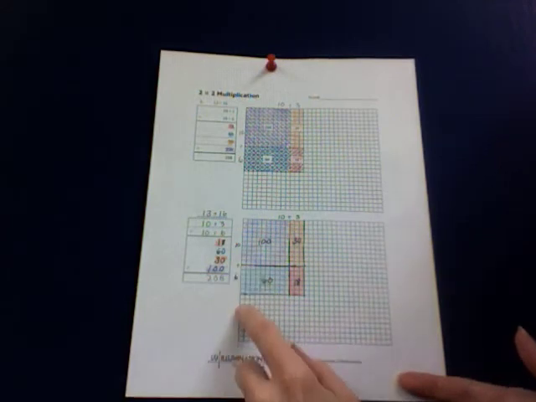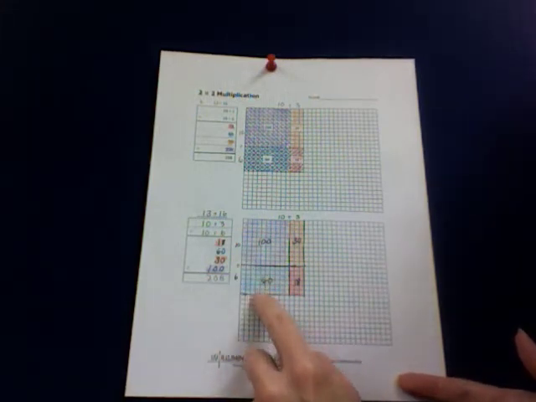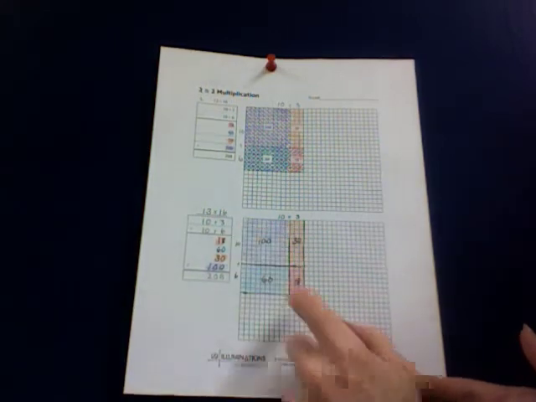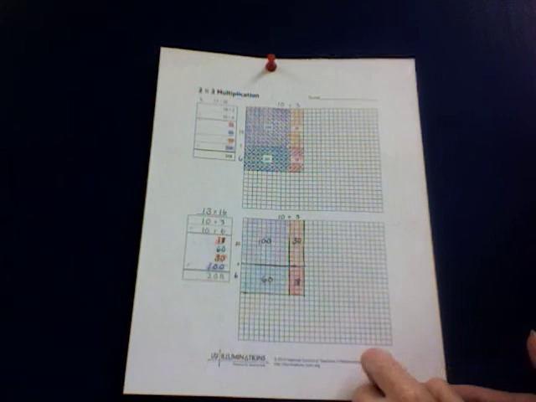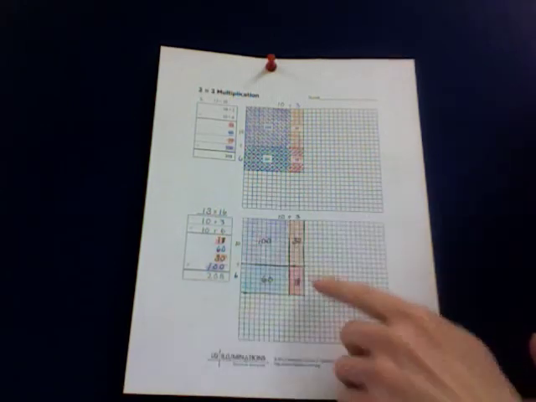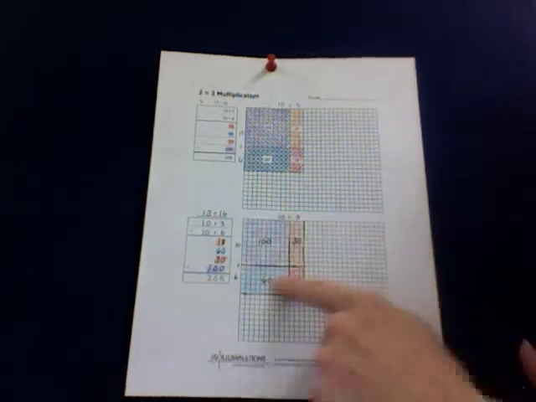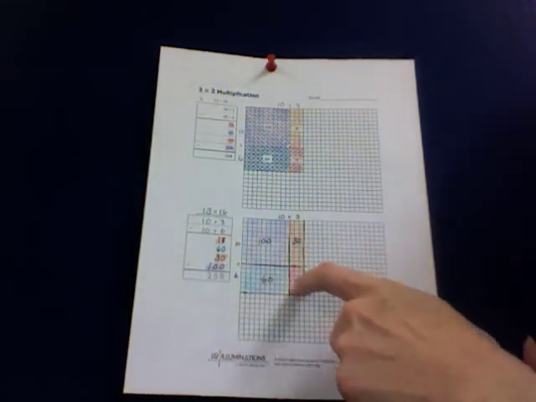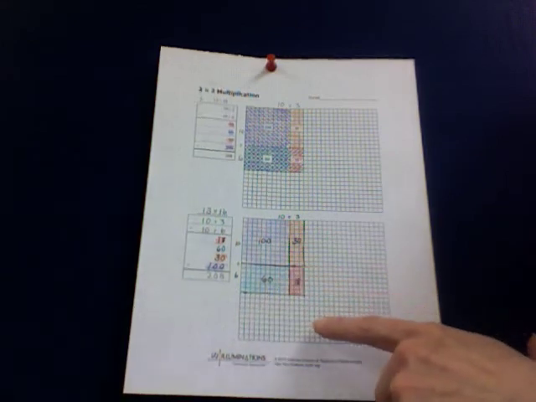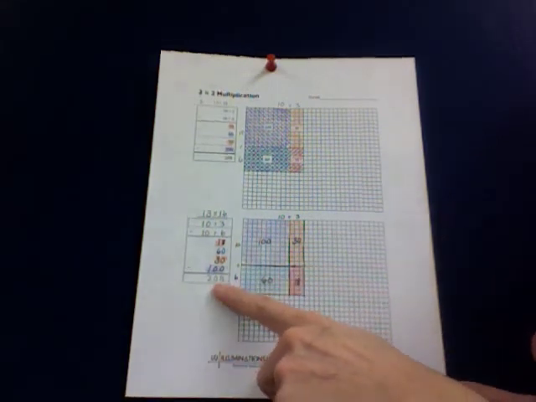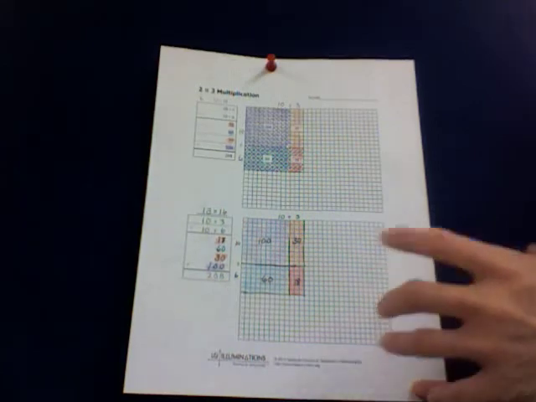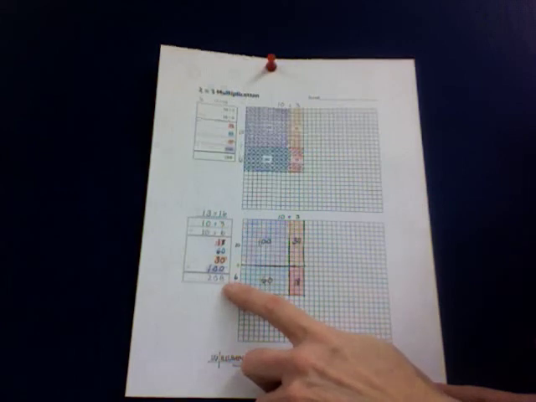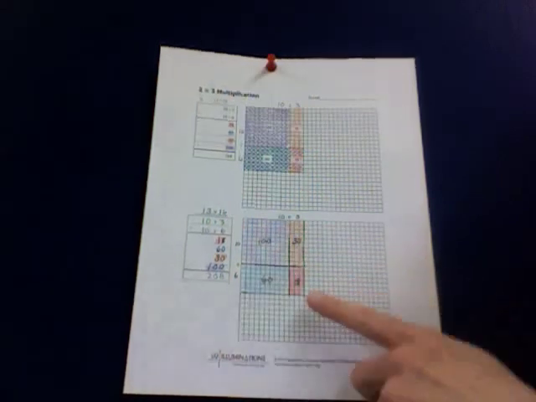10 by 6. 10 by 6 is 60, so I have a value of 60 here, and I have a 10 by 10 rectangle here. So I have 100 here. Then I can easily see that if I want to know how much is in the whole, I just add together all the parts. I add the purple, the orange, the red, and the blue parts together, and I get my whole of 208. So 13 by 16 gives me a product of 208, and it's represented by this area